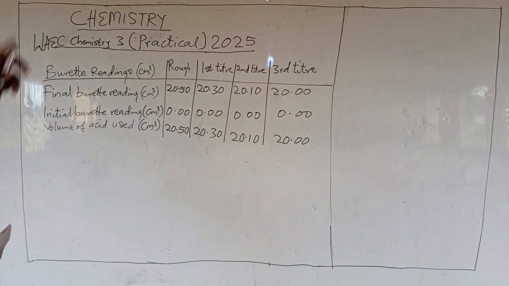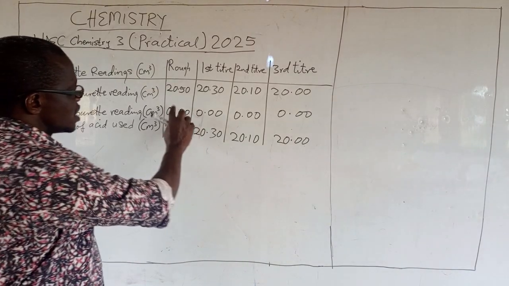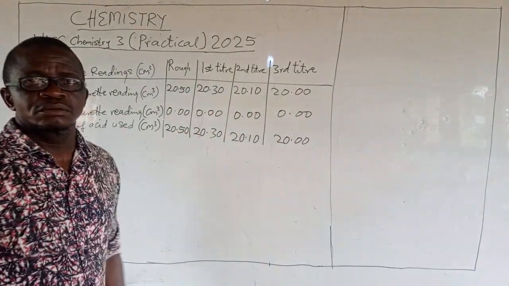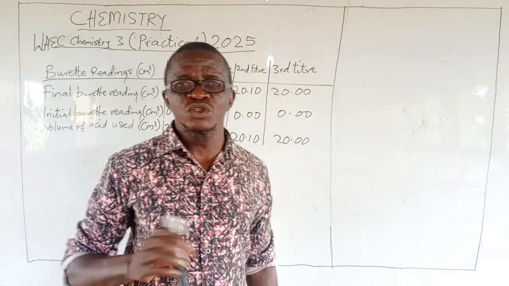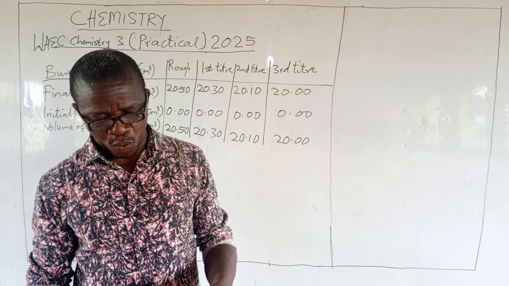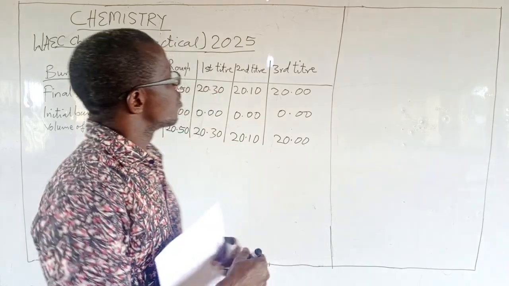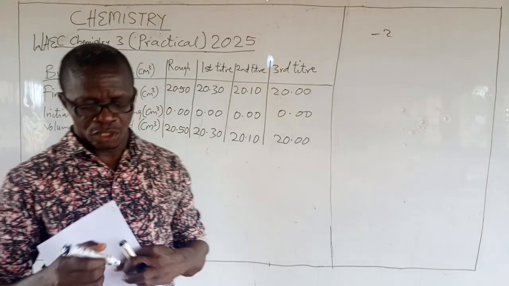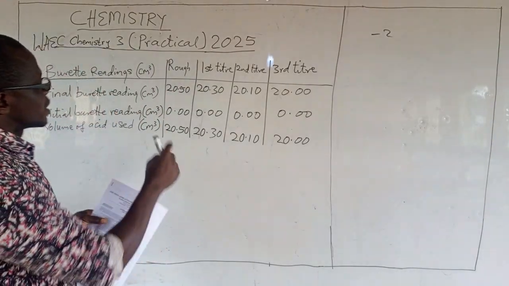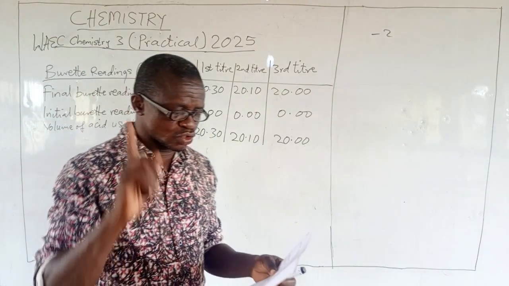Now, the very first thing I want you to note is that no value here should be written with pencil. If you write any value here with pencil, this table, the whole of this table, don't use pencil. When you use pencil, you will be penalized. What will be the penalty when you are using pencil? They will remove 2 marks. Using pencil, minus 2. They will take out 2 marks from whatever you will get. So do not use